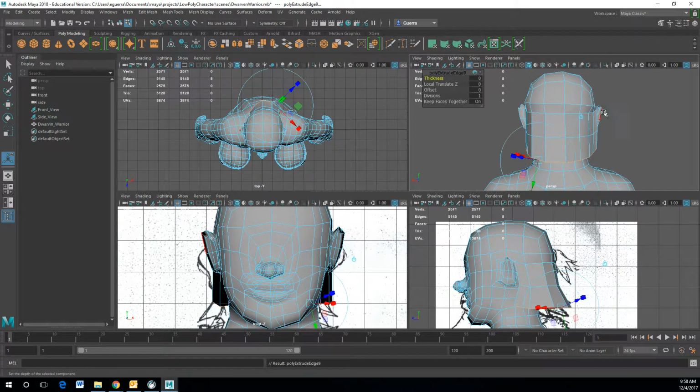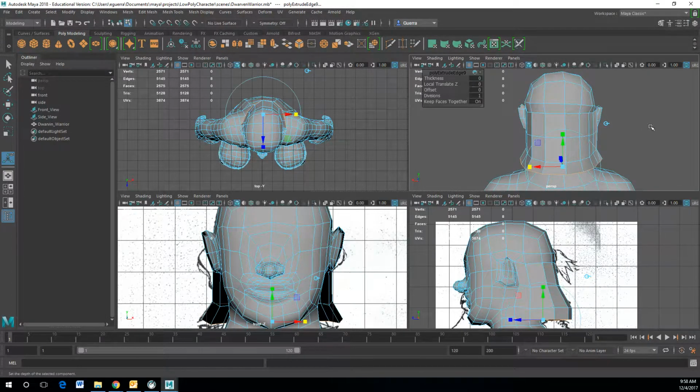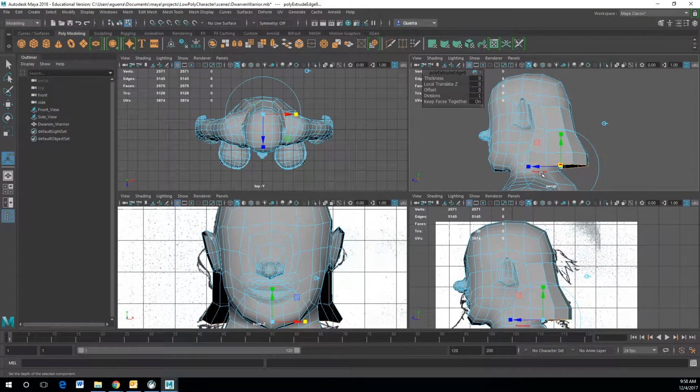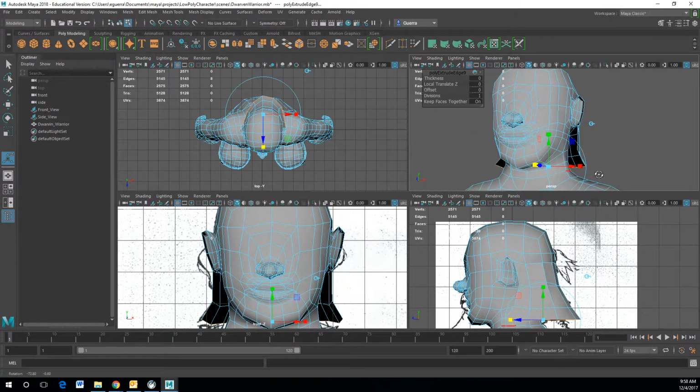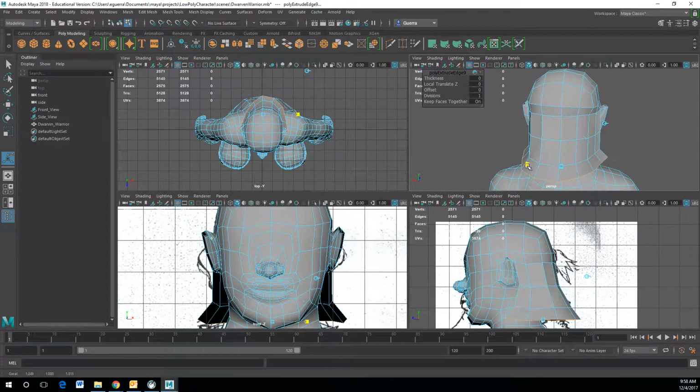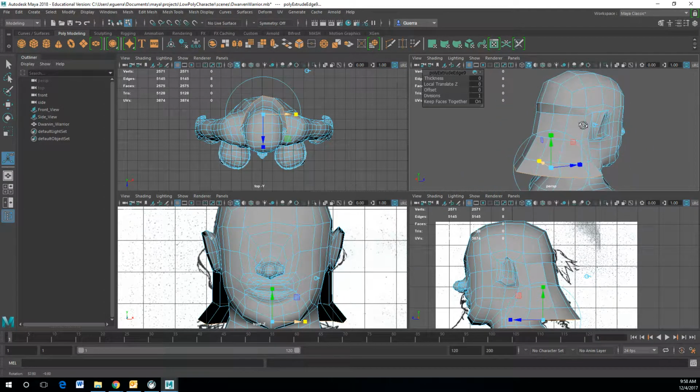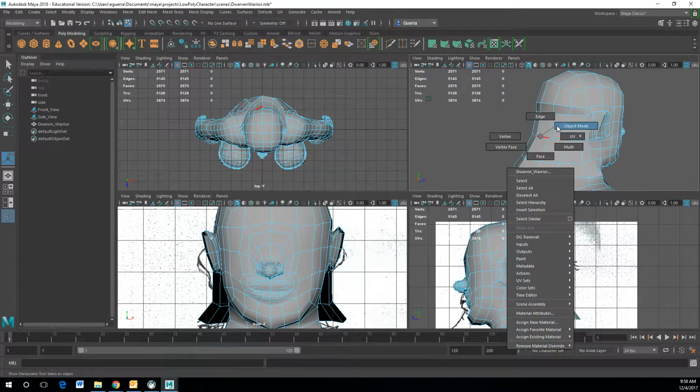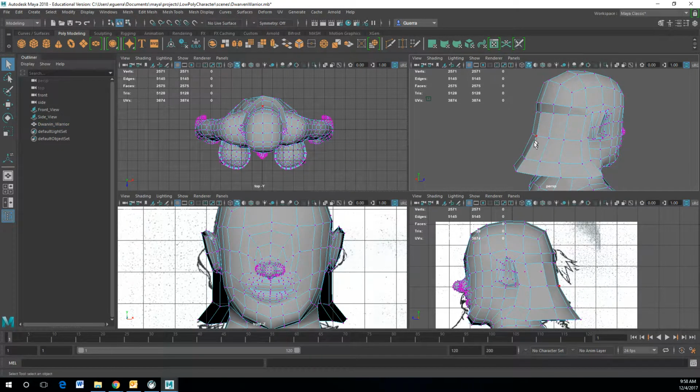One more time, press the G key, flip the switch. Make this here, like that. There, perfect. Now, since I already got this, the next step, what I'm going to do is add the